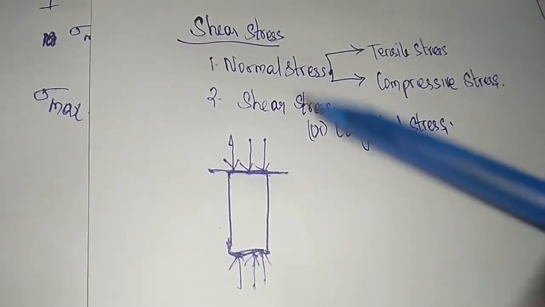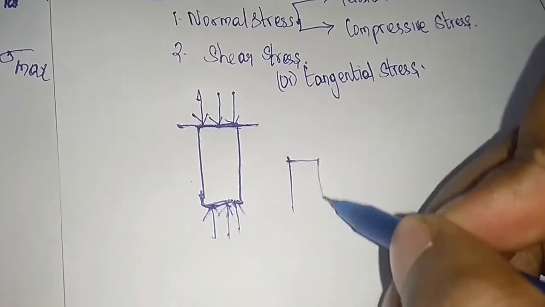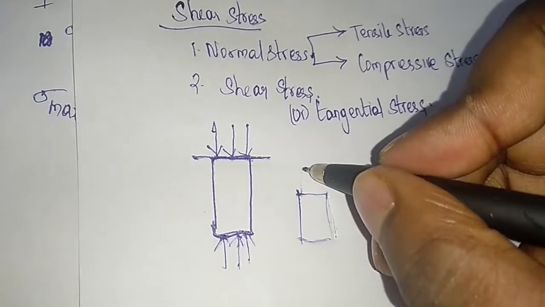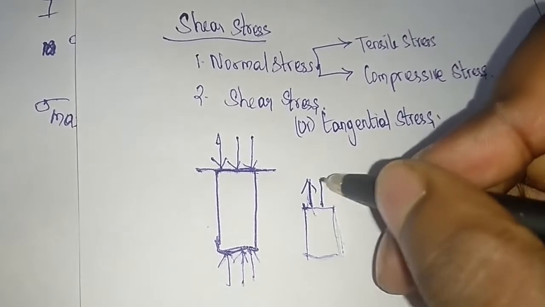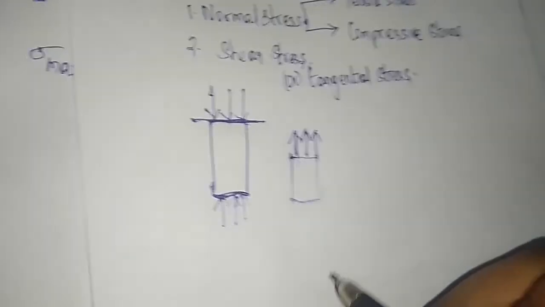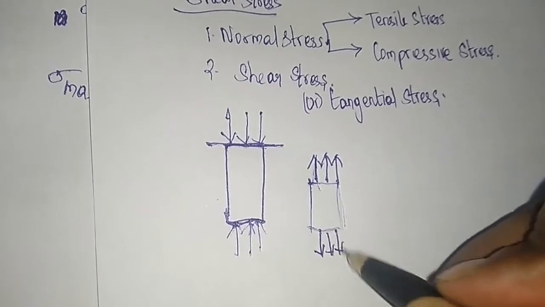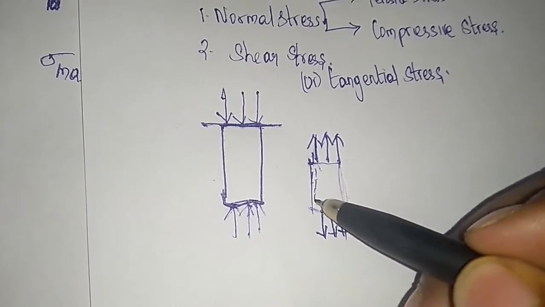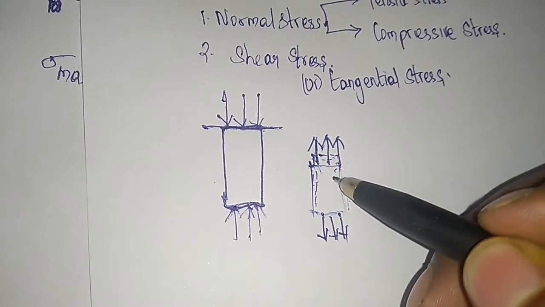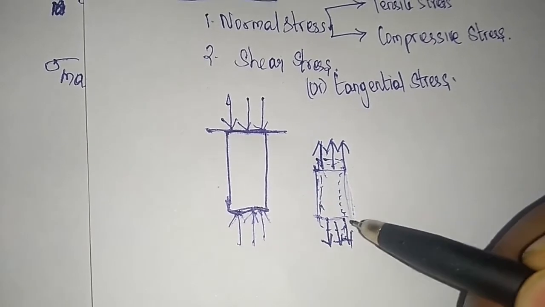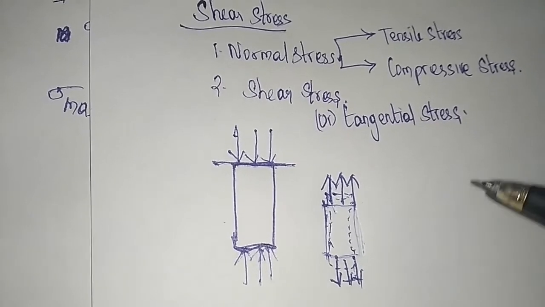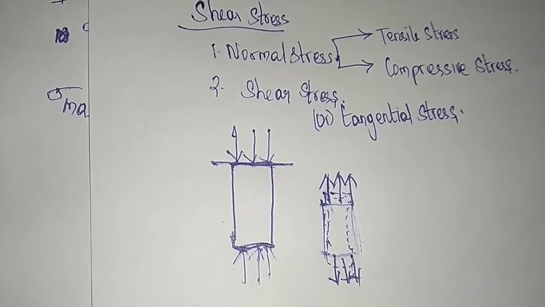What is tensile stress actually? This is the beam, and this is the surface of the beam. The load is acting in two opposite directions. One load acts in the upward direction, and at the bottom it acts in the downward direction. Due to that, there will be a stretch or elongation. There is a change in length, the length is increased. That increased length we call tensile. It is tensioned: there is an increase in length.